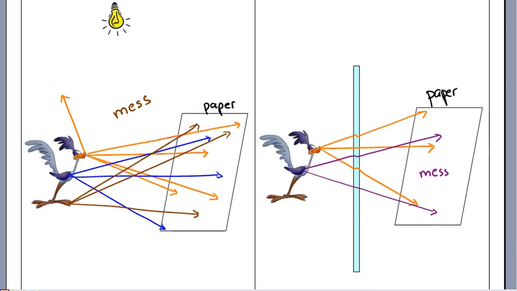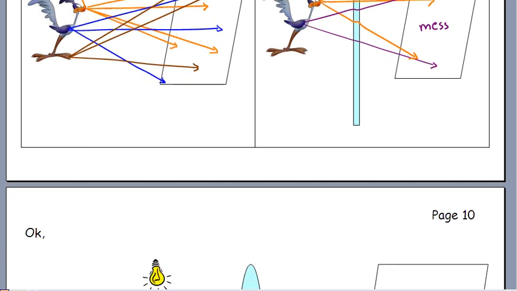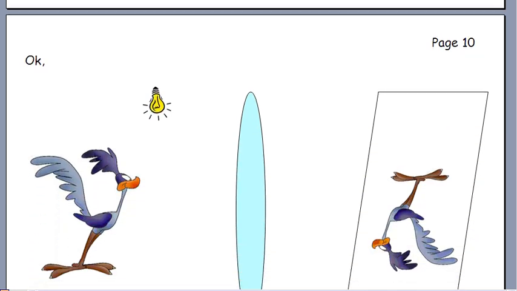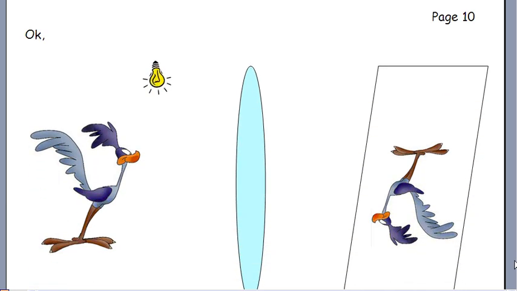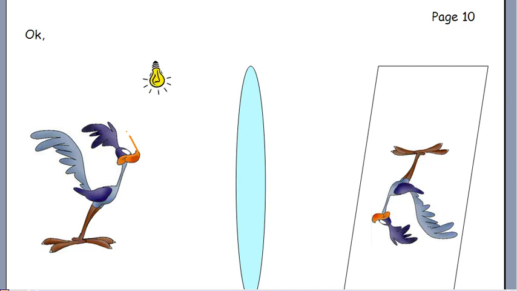This is really neat. If, instead of using a window, you use a lens with this shape, a convex lens as we'll call it, the rays are going to do a double bend. And if you carefully craft the curvature of that lens, this is what happens. You would have light bouncing off the beak. Yes, some light's going to go the wrong way. Too bad, so sad. But for any ray of light that hits this lens,